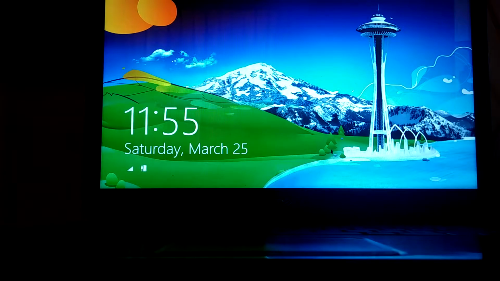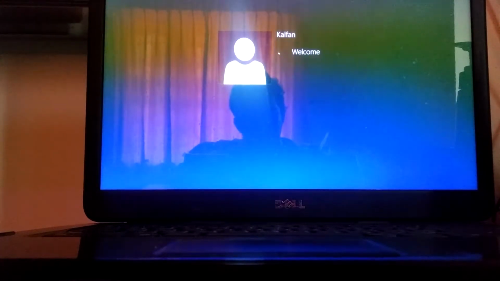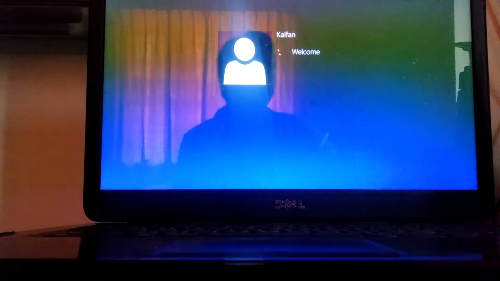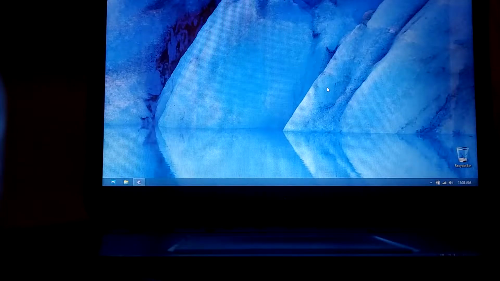Now our computer has been booted successfully, and there are no such sounds. See, it's completely okay, but for certain PCs it will still continue to beep even if you are logged in. So we'll also discuss the solution for that problem. After booting, we can use any applications. For some PCs there won't be any beep sounds, but for some systems the beep problem will continue to exist even if we are logged in.